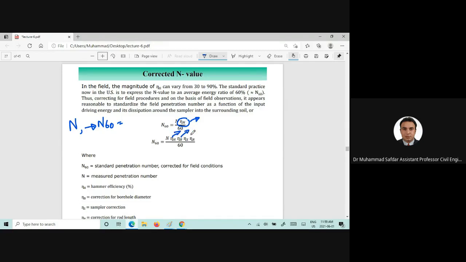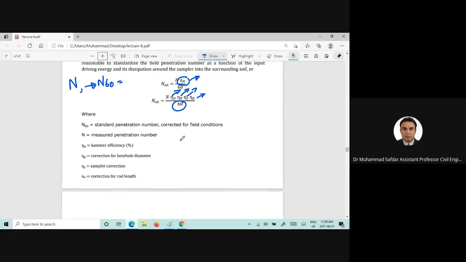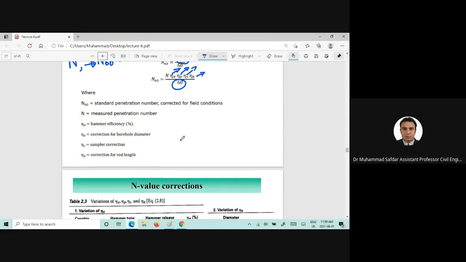Eta B is the borehole correction. Eta S is the sampler correction. This is the rod length correction and the energy correction as well. So once we take that N value and we apply all these corrections, we will get the N60, which is the corrected, I would say, N value